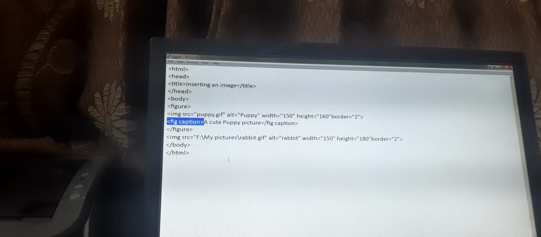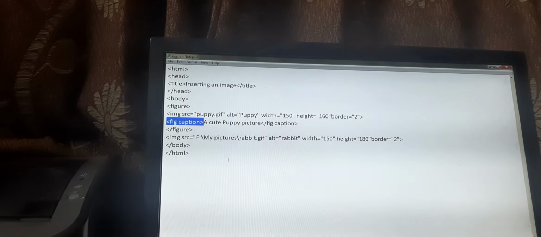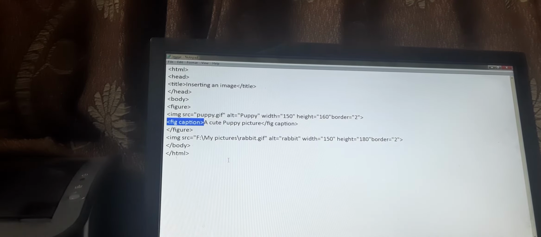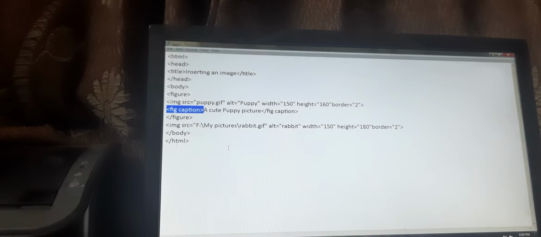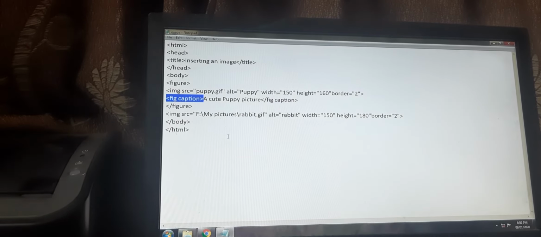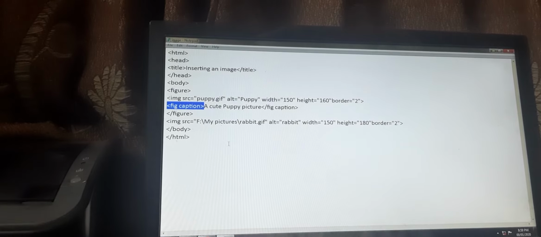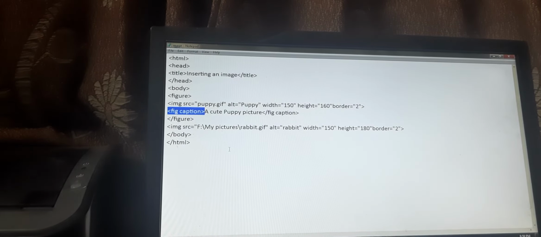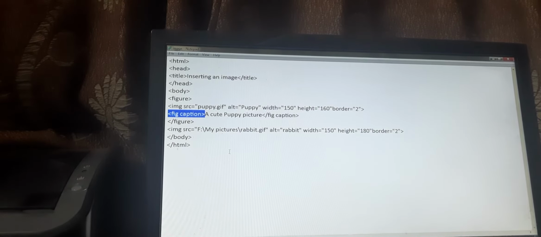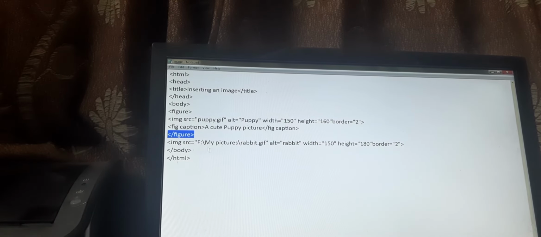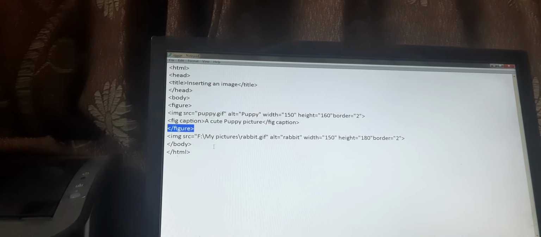Unlike your alternative text, which will be displayed only in the absence of the picture, the figcaption will be displayed on the output screen in the presence as well as the absence of the picture. So that is the difference. If you would like to have a figcaption included in the program, make sure it is enclosed within the opening and closing figure tag. I guess you are clear with this.